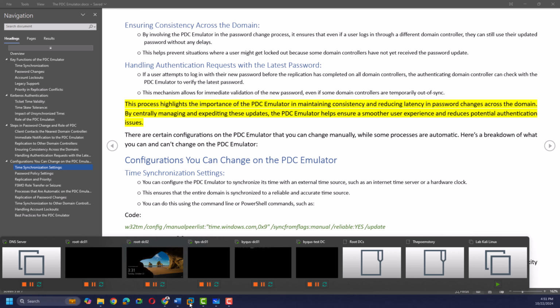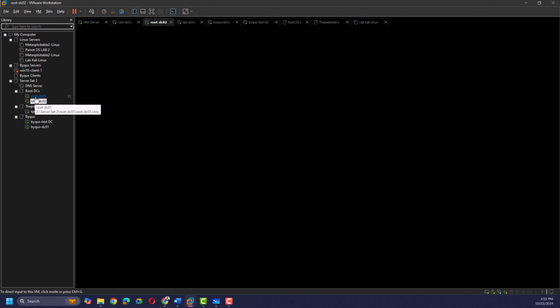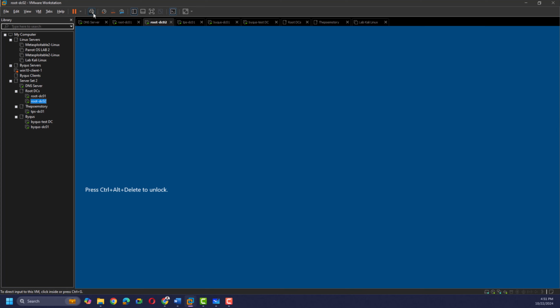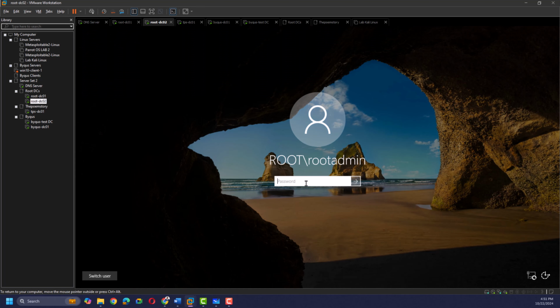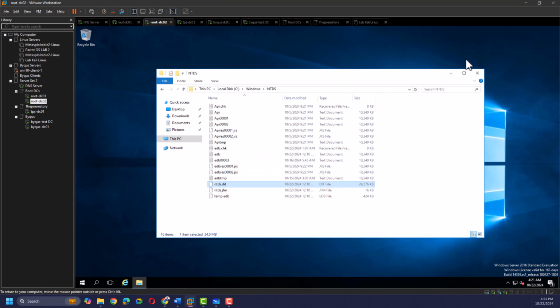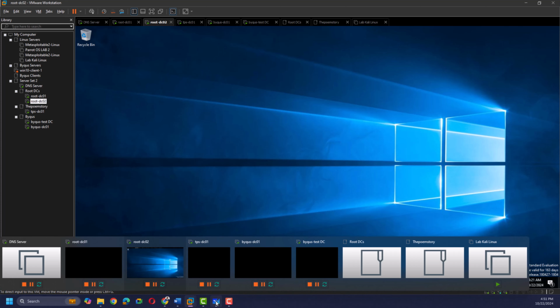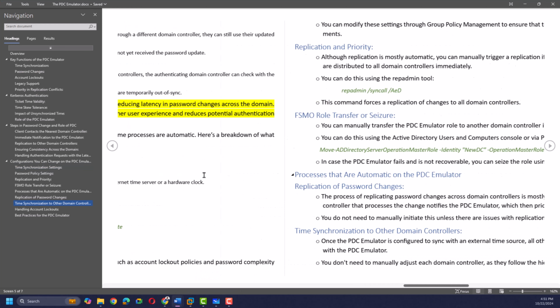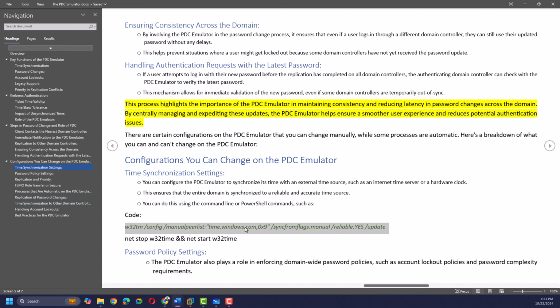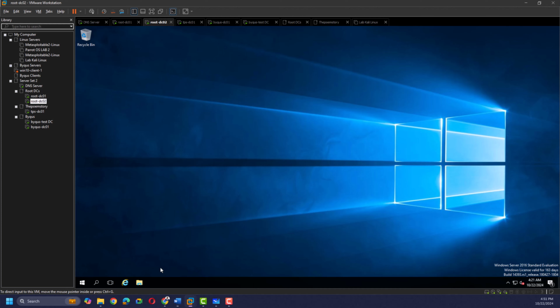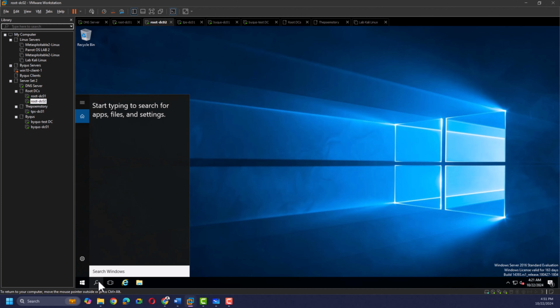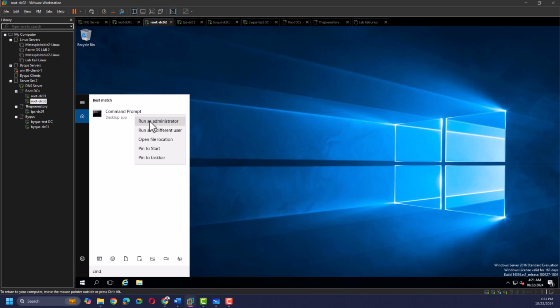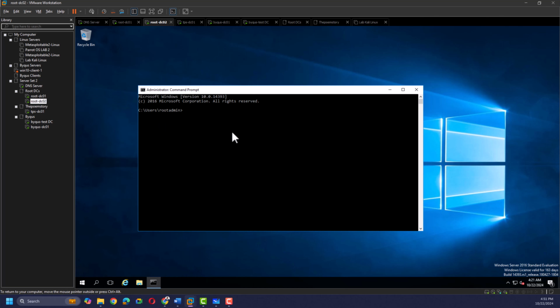If I show you, I'll go to one domain controller. When you configure a domain controller, in most of the cases it is automatically set to use the Windows time. So I would suggest you do not need to change it and do not try to change it. If you feel there is a problem with the time synchronization, you can open command prompt, run as administrator, and use